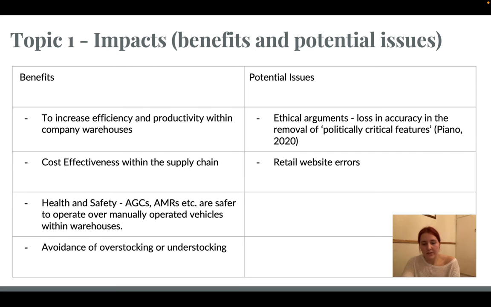One of these is the loss of accuracy created by machine-learned algorithms due to the omission of politically critical features, including gender, race, or age, etc. An example of this can be viewed with the company Amazon. When realizing they had an algorithm which was used for recruitment purposes, which in turn was evidently gender biased, they removed the algorithm. This was due to the algorithm learning to resort to proxy-based variables, which inevitably were gender-based, to enact decisions, despite gender being excluded from the original algorithm.